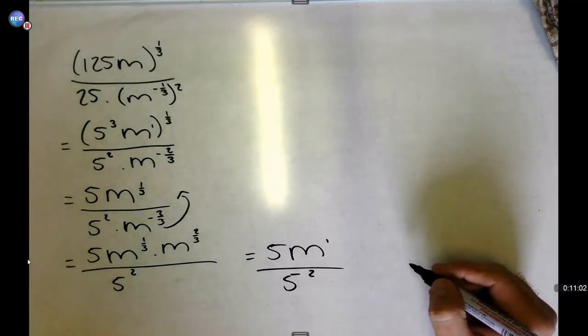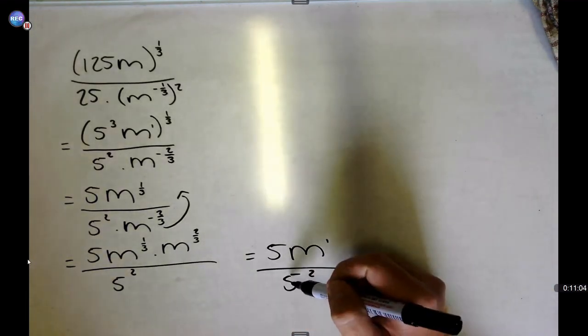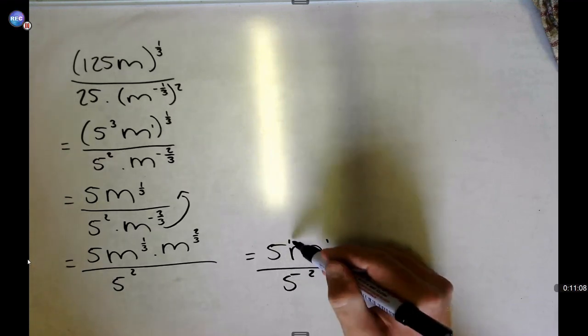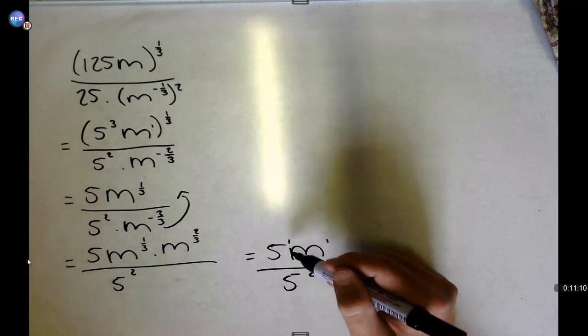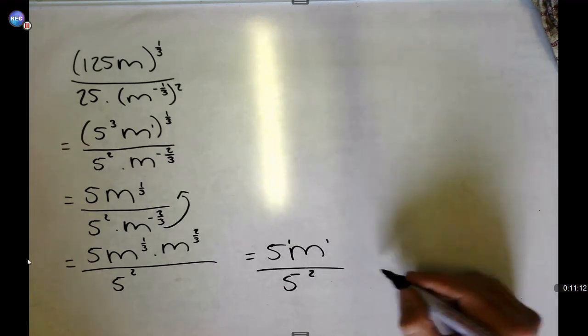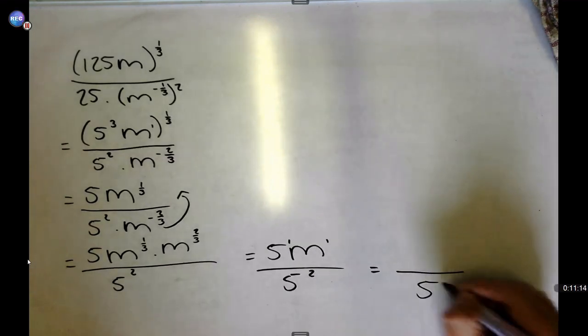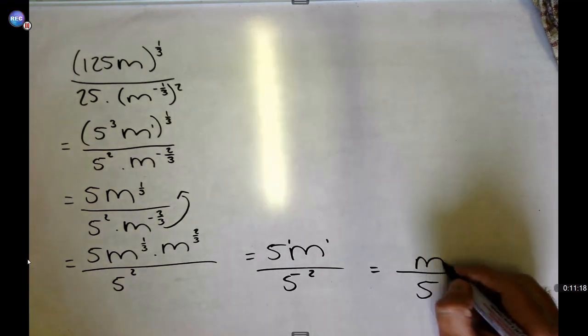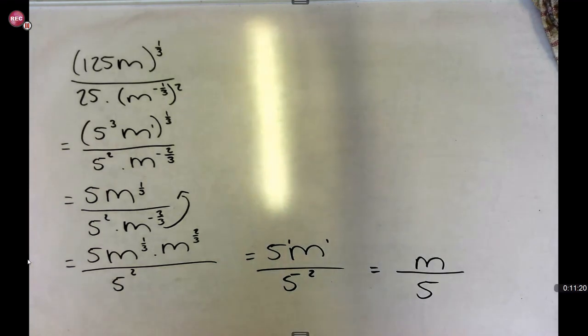Okay? And then what you'll do is, you will get rid of the 5's. Here's only 1 5, so we say 2 minus 1. Law number 2, because you're dividing. 2 minus 1 is equal to 1 5 staying left over at the bottom, and then at the top you just have the m, and that is your final answer. Okay? Alright guys, that was a quick look into the equations and expressions with rational exponents.